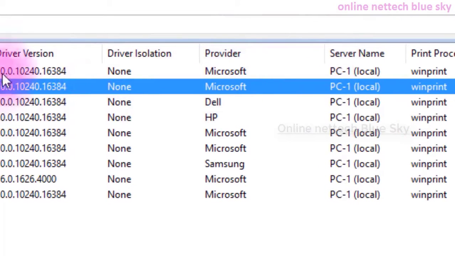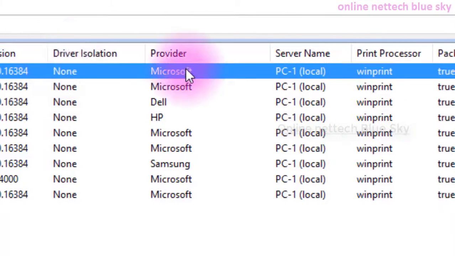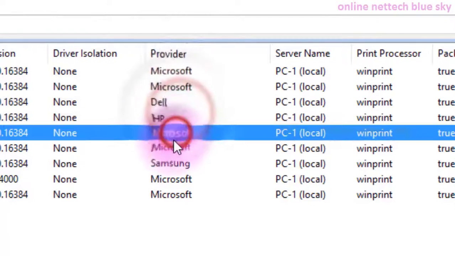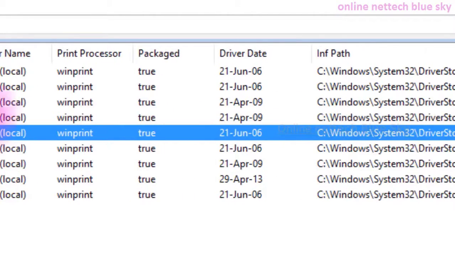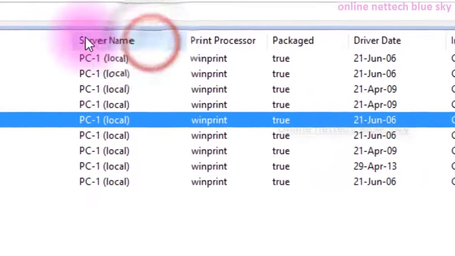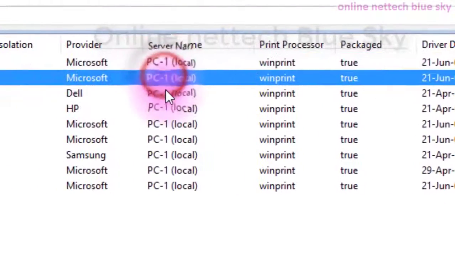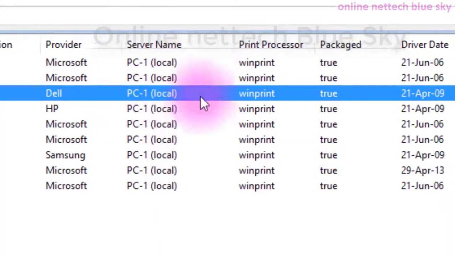So this is added by the Microsoft company, and this is also Microsoft, and this one is HP, and Dell. I download these and then install them on the system. Some drivers you install manually, and some drivers install automatically when you connect a printer.